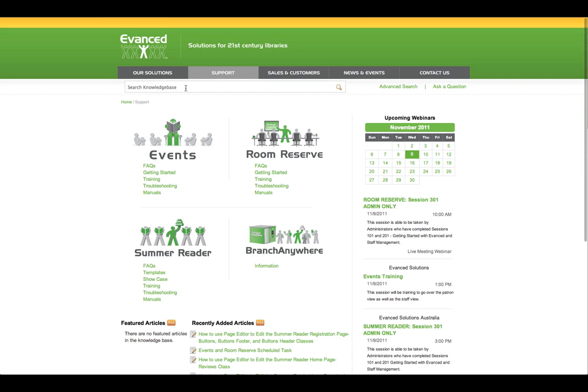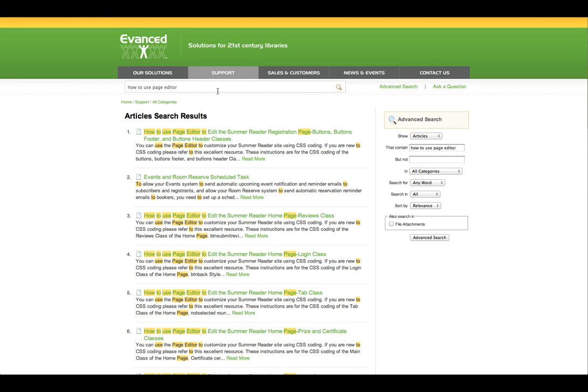Now, if you notice, right here around the top of the page is an area that's called Search Knowledge Base. I can type in something such as how to use Page Editor. Once I do this, I would select the Enter key, or I can select the magnifying glass. Once I do so, it's going to open up all of the articles that meet my criteria that I typed